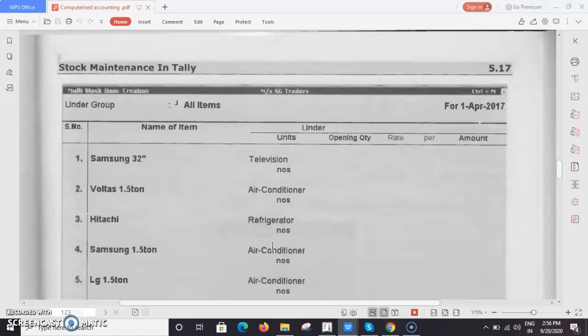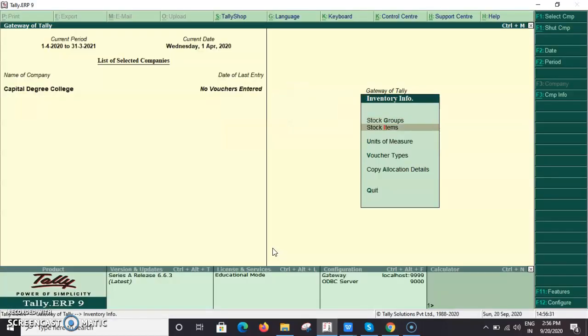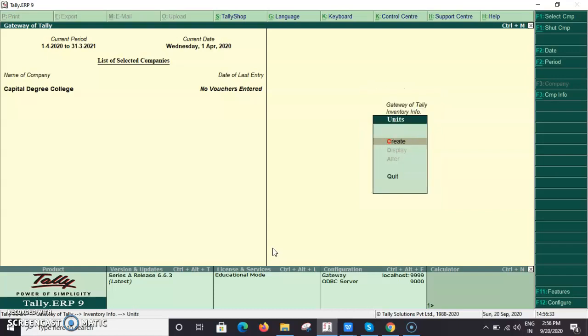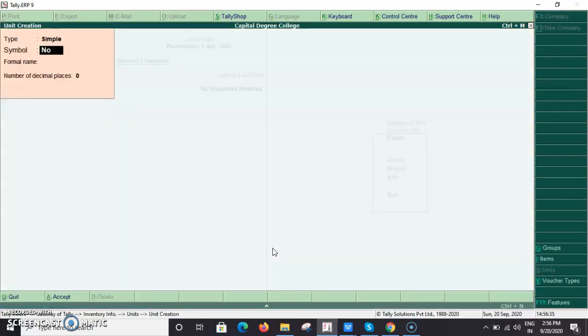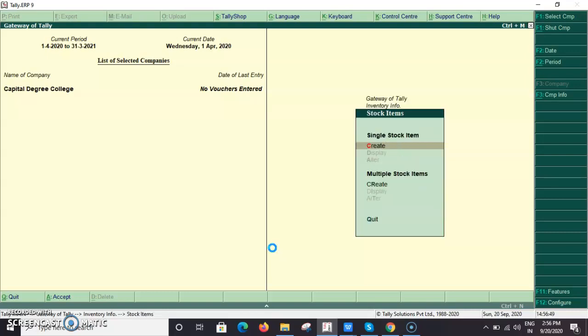So first we will create a unit of measure, then stock item. In unit of measure, first I have to create numbers for easy identification. Under numbers, first we will create a single stock item, then we will create multiple.